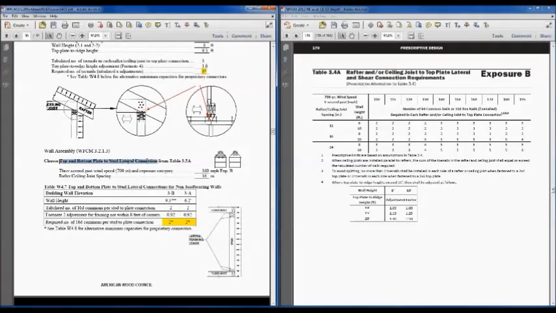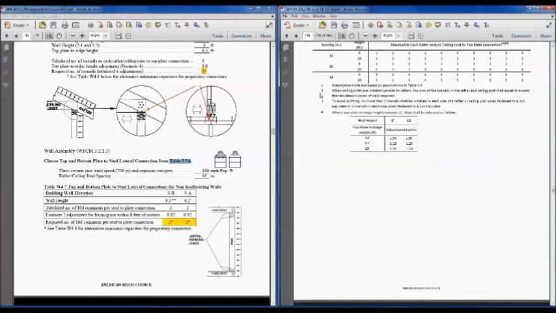Top and bottom plate to stud lateral connections. These are on the gable end walls. So we designed the load-bearing walls. Now let's design the connection at the non-load-bearing walls, and for that we'll go to table 3.5A